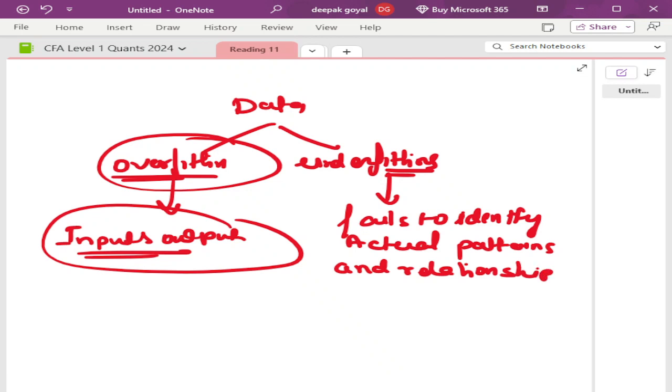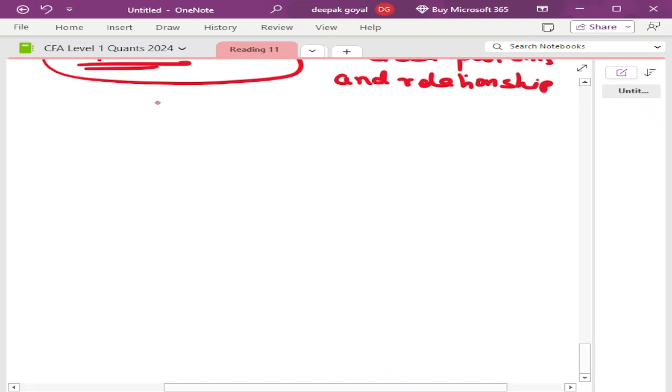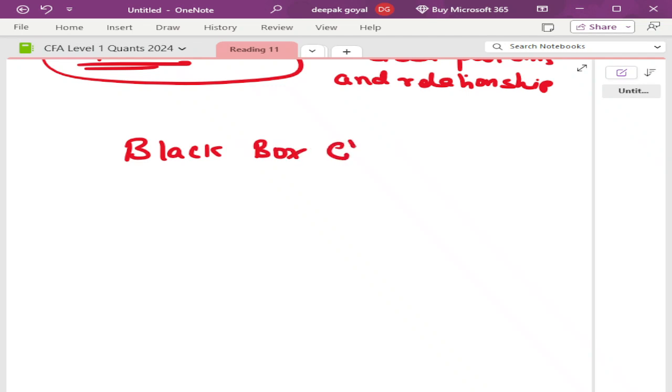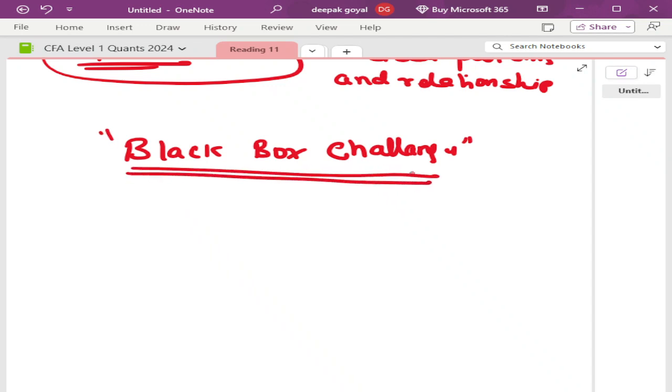And the last point to be covered in this lecture is the black box challenge. You remember there is a black box in aeroplanes which records all the conversations between the pilots and co-pilots, and how the engines are performing. This black box has all the information, and even after the flight is destroyed, the black box is very safe and secured. They have designed it in such a way that with the help of this black box they can identify the reason for the plane crash.